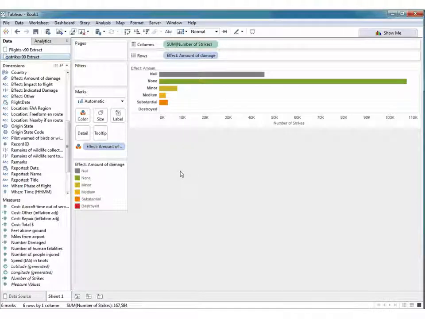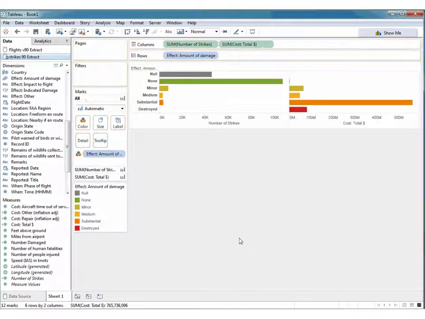Now, what often happens when you start exploring data like this is other questions can pop in your head. So, for example, here's the cost field. It's a natural question to ask, what's the relationship between the number of strikes and the cost? And you can explore that very easily in Tableau by dropping total cost and building what Tufte calls a small multiple view. And you don't have to know any statistics at all to see that there's inverse correlation. Inverse correlation means this is dropping while this is going up. It's very easy for people to see that, even if they don't know what the fancy term means.